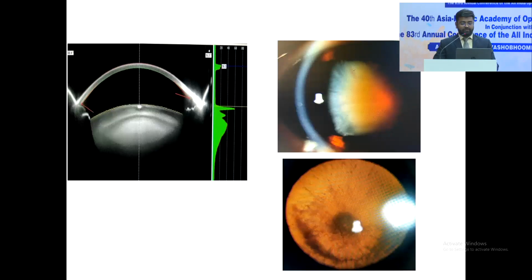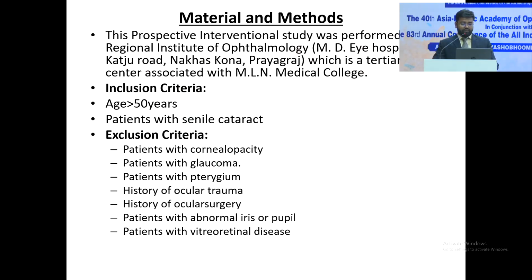This is the same picture where the patient has nuclear sclerosis grade 5, and here the Pentacam nuclear density evaluates the patient with nuclear opacity. This was a prospective interventional study performed at RIO Prayagraj, a tertiary care center